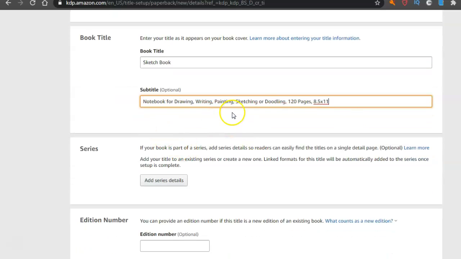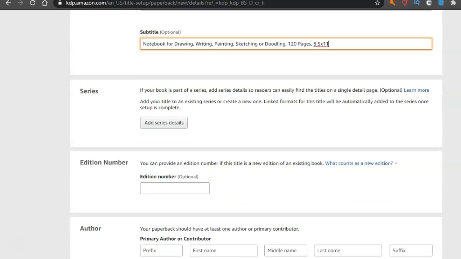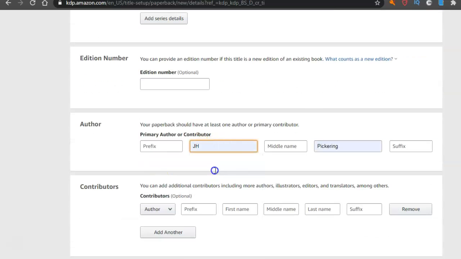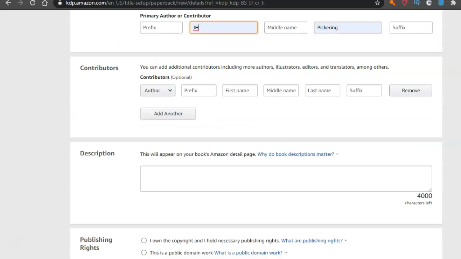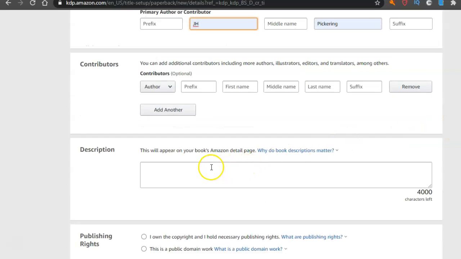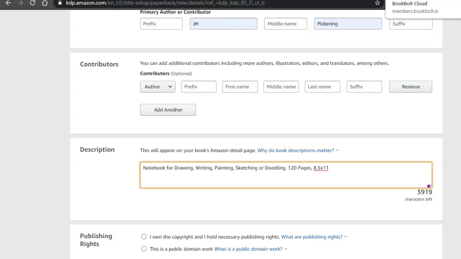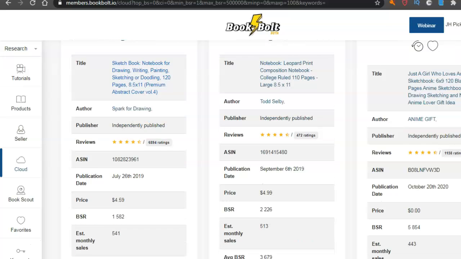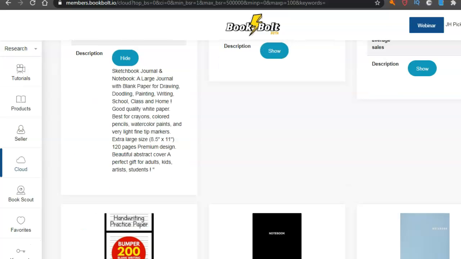Yeah, I like how it's for drawing, writing, you know, they're covering all the bases. So those are keywords too. You want to put keywords in. Now, author. Here we go. Description. Let me have a look. Let's have a look. Because that one there's a top seller, I'm going to